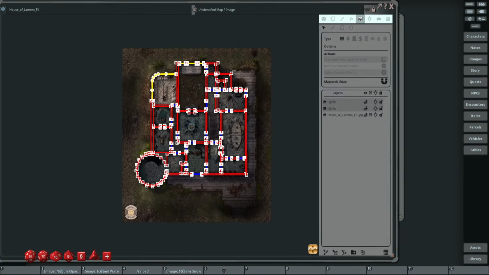So the next thing that we're going to do is go over to Fantasy Grounds and download the LOS extraction tool. So I'm going to put that link into chat for you guys. If you have not seen it, this is where you're going to go, and this is going to take you right over to the wiki and right to where you can download the FGLOS tool. And what this tool actually does is it extracts all of your line of sight data,